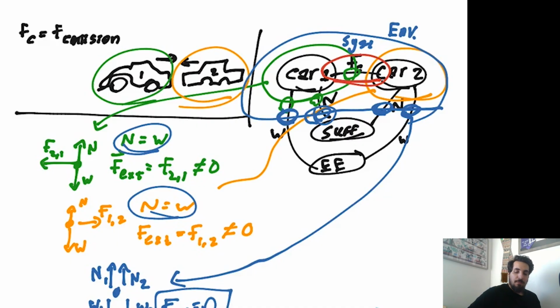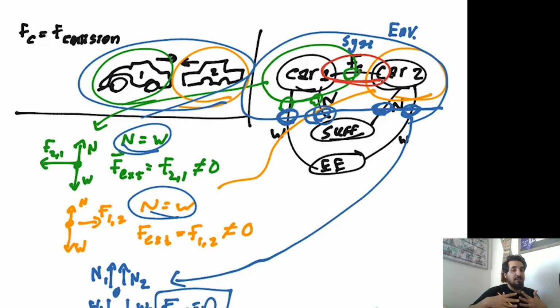Meaning that when we consider both cars together, we get this external force equaling 0, meaning momentum is conserved. Well, that's at least rule 2, right? Rule 1, does the mass change when our two cars collide? The matter isn't going anywhere, it's still maintained in our system, so we can be sure that the mass is conserved here as well. So this meets both of those requirements: the mass does not change and the external force is 0. So we have a closed system here, and this closed system will conserve momentum.